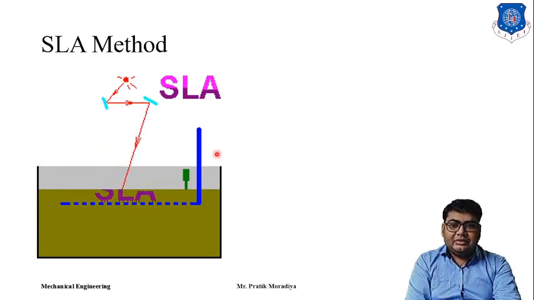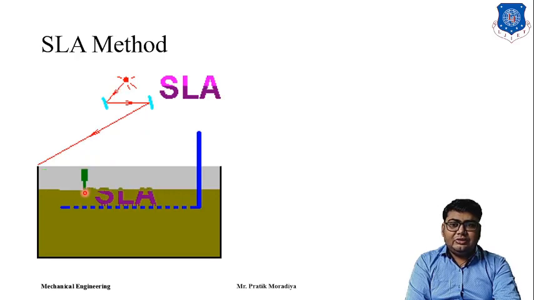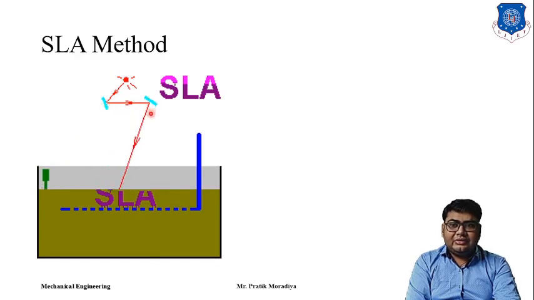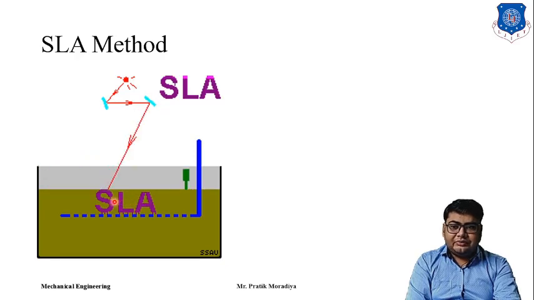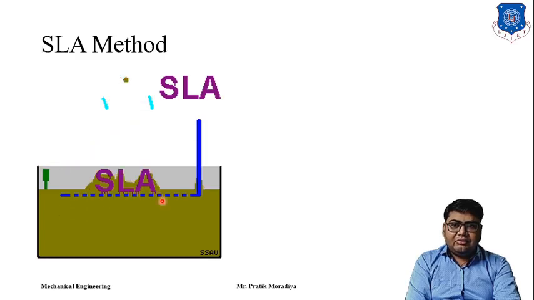This is a light source, normally a UV light source, and this will be a UV curable epoxy resin. The UV light source will impart on a mirror system. This is our mirror system. This is one mirror, this is another mirror, and this mirror system will guide the light where we want to make our parts solid. So after each layer is constructed, what will happen?